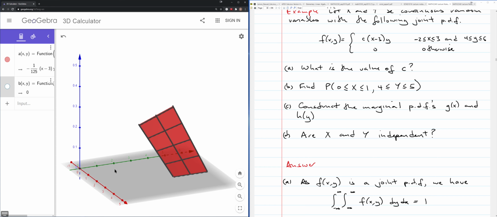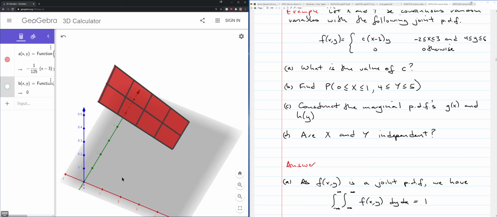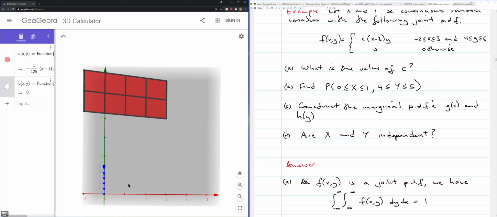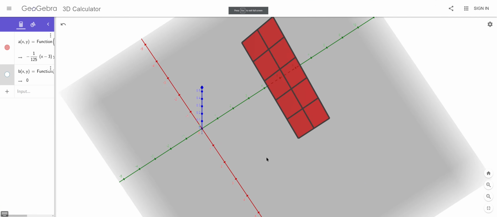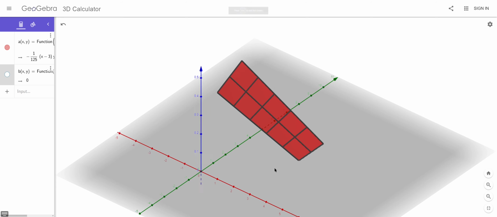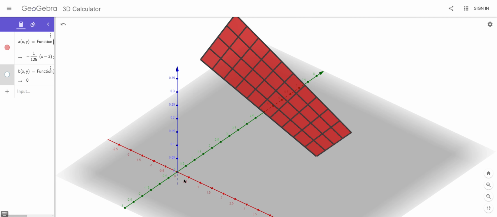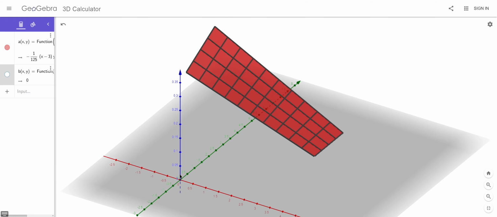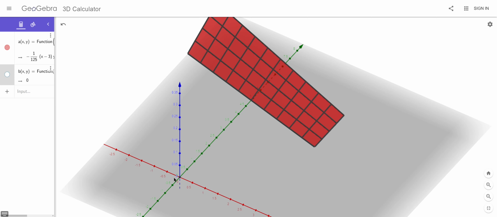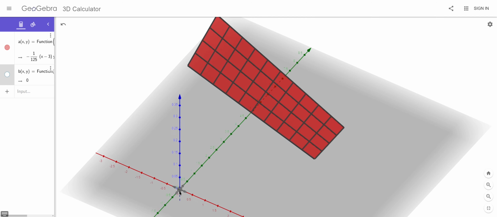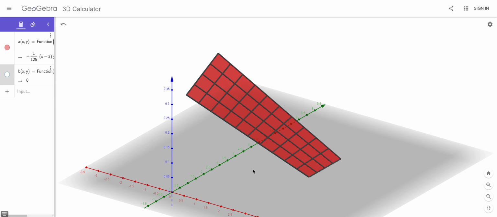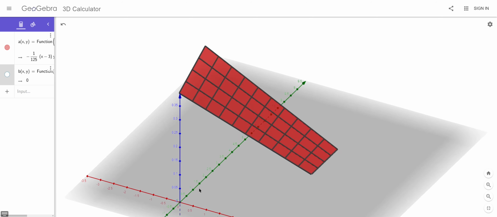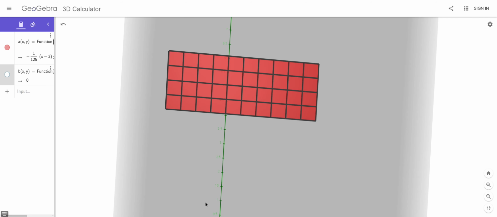So let's project down so you can see the rectangle. Okay, so that's my function of x y. As I said, it's 0 everywhere except on your rectangle. So projecting down gives me